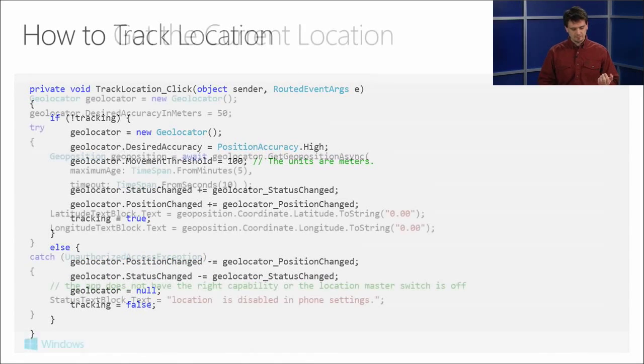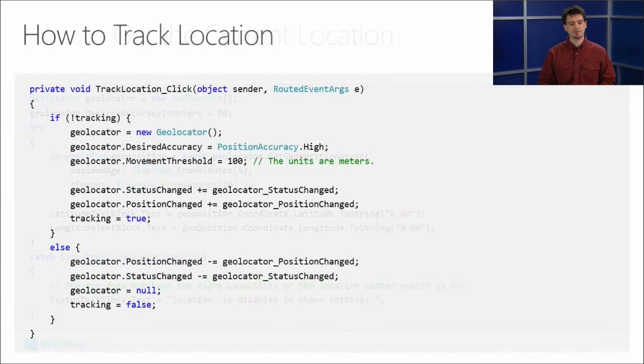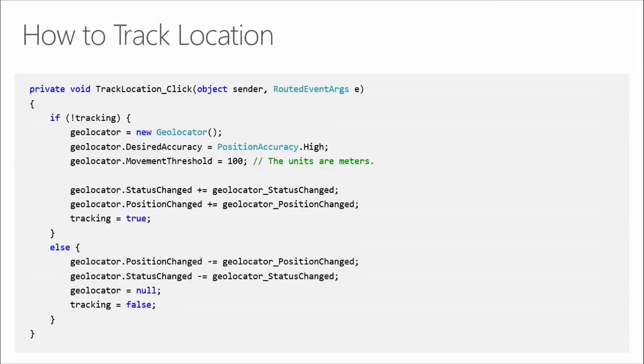And then we can, it's not in here, but it's in the demo. We can track the location by subscribing to an event that tracks location, that fires off every time the geolocation updates. And this, no, it's in here. Okay, and this is we get that geolocator, same geolocator we had before, give it a desired accuracy, get a movement threshold, and then subscribe to those events. And make sure that we can unsubscribe from those events later on. Otherwise, we'll keep our page alive, continuously listening to these tracking events.